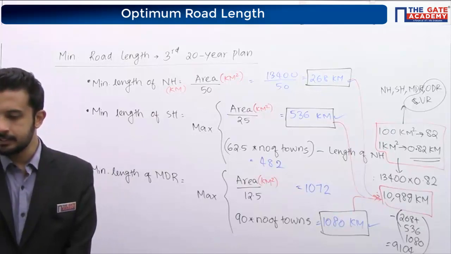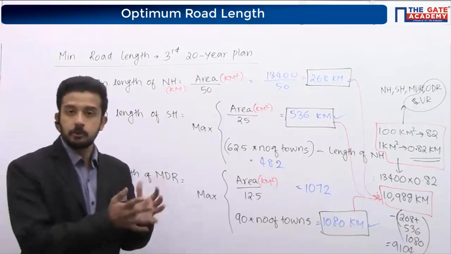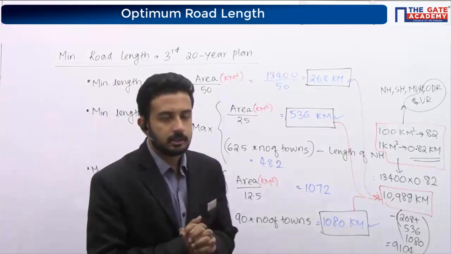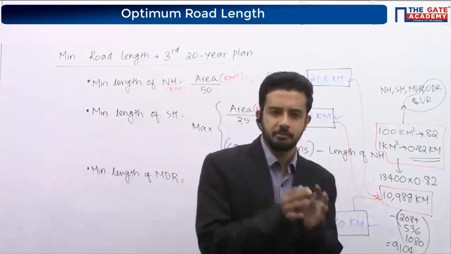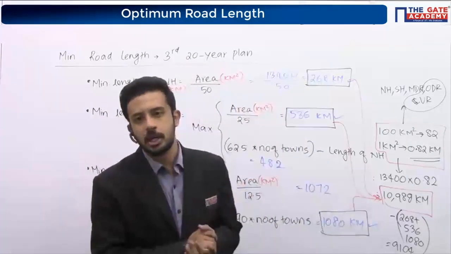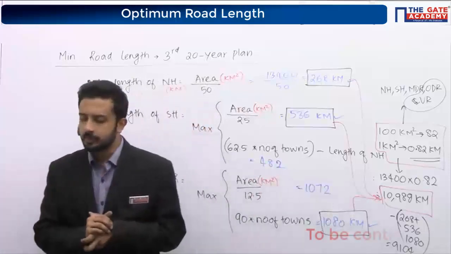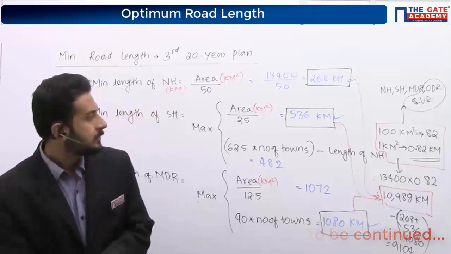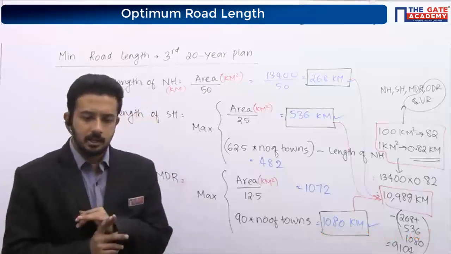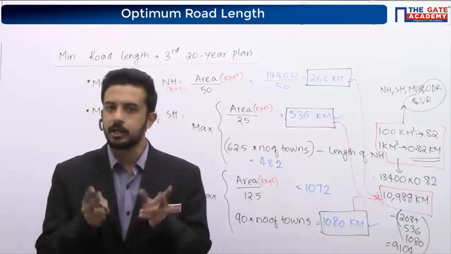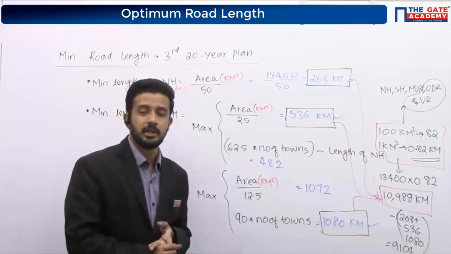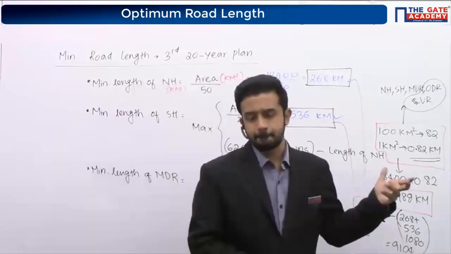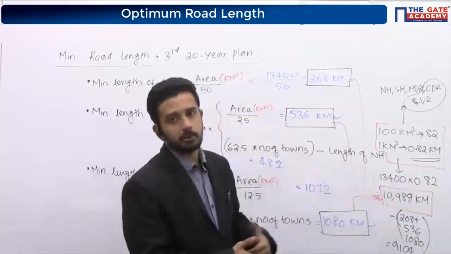So that is the first planning stage. Then we will go to our next chapter, highway geometric design, one of the most important chapters for the GATE examination. You can expect around 3 to 4 marks from that chapter itself. From here, if they are asking, it can be a 1 mark theory question or a 2 mark numerical. The 2 mark numerical may be from that optimum road length and all.